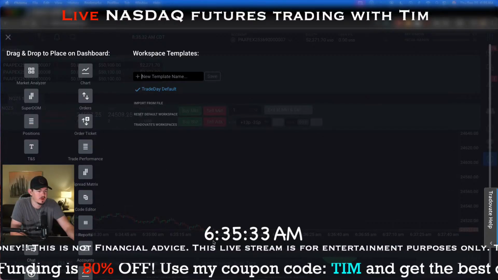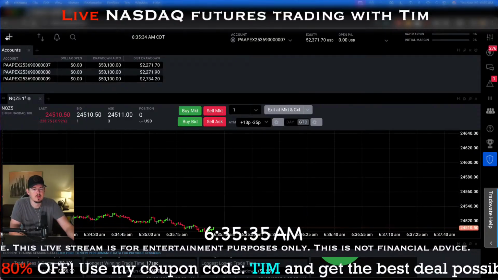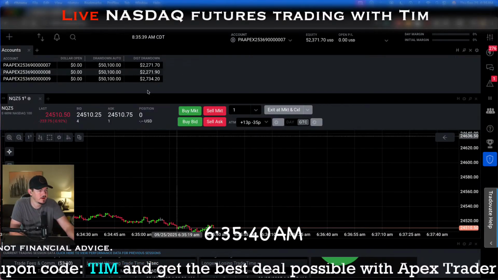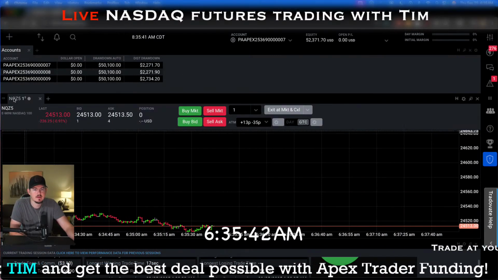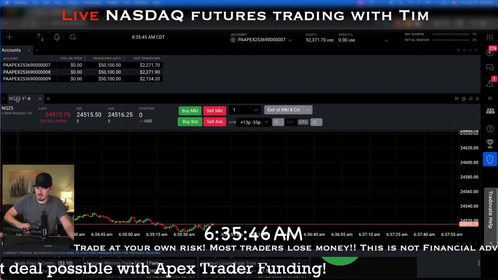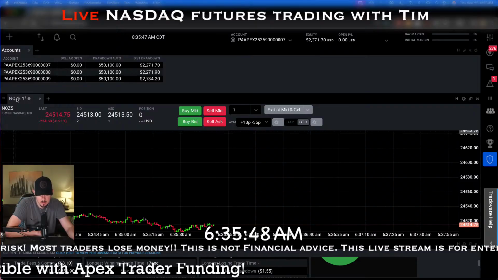Click that, drag it down to the bottom of the screen, and you'll have these two little windows at the top and bottom. To get the right ticker or the right symbol of what you're trading,